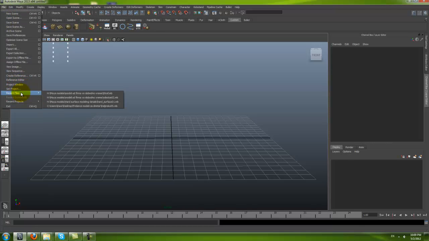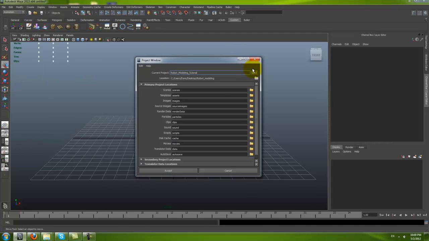They changed the way you do projects, I believe, since 2012. So you go to a project window now. Before there was a project new. Now you have to go to the project window, and here you have the option for a new project. So I already have my name set up and directory. So I'm gonna click the new button,